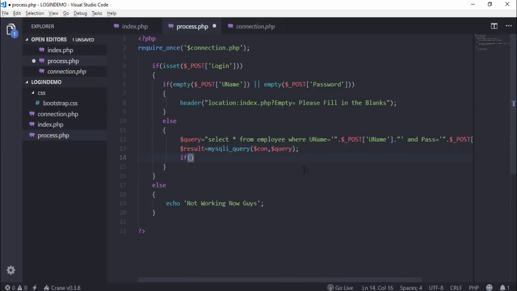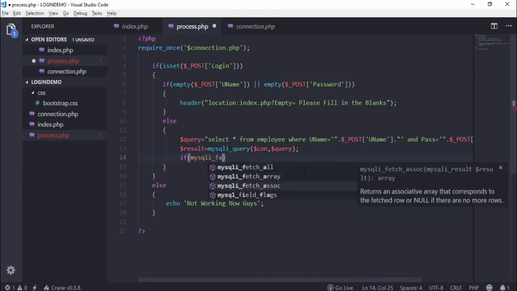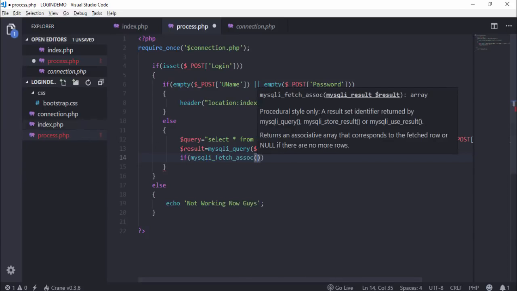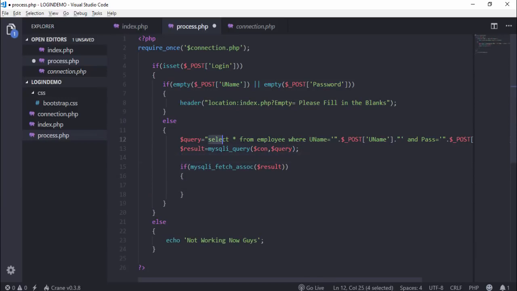And I use if, MySQL fetch associate error, and pass this variable. If the record is available after using the query, then the input text field and the database data will match. If our data matches,